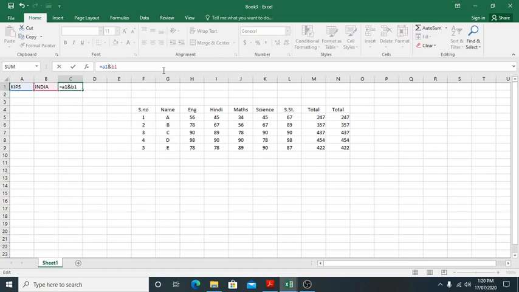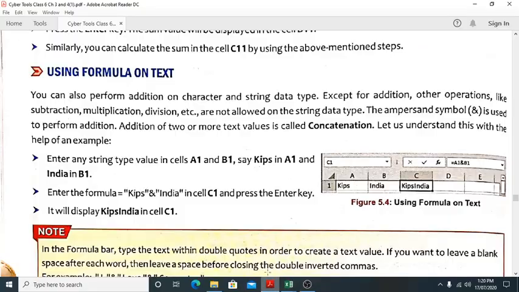It means you can see here, if A1 and B1 we have written, then they will be selected. Now press enter. See here, what we have got, all together KIPS India. Clear? Here the same thing is written, C equals A1 ampersand B1, KIPS India has got.